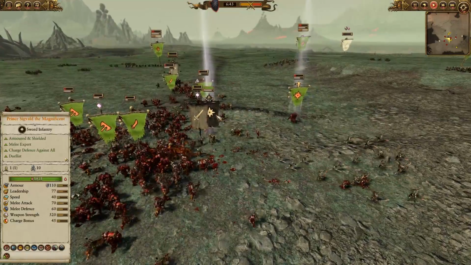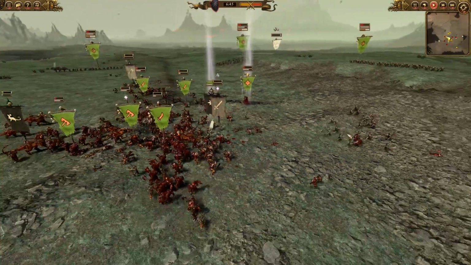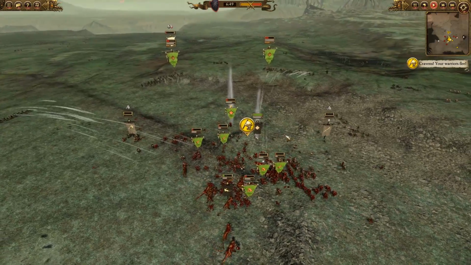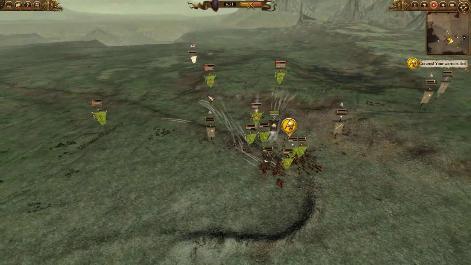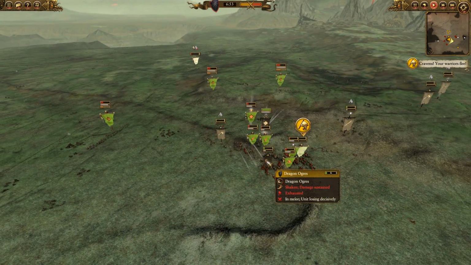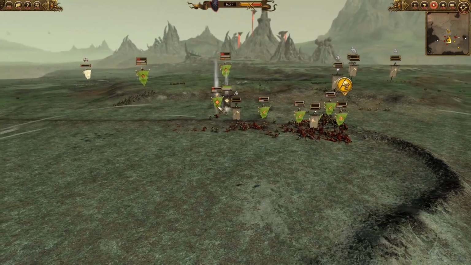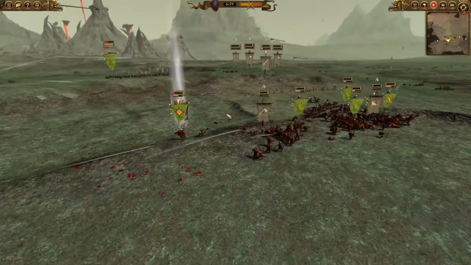He is faster. Grimgor has 38 speed against Sigvald's 40, so there's a minor difference there. Sigvald can probably catch him in sustained chase, but the Greenskins have a lot more buffering here, and you can see the Orc Boys are pouring in, and the Dragon Ogres are being cut to pieces, so suddenly it's looking like a game that the Greenskins might be able to come back, but Sigvald's coming for him,